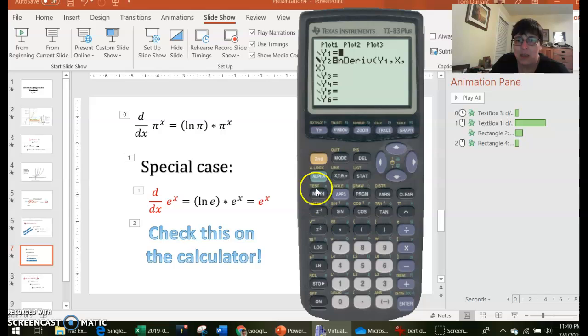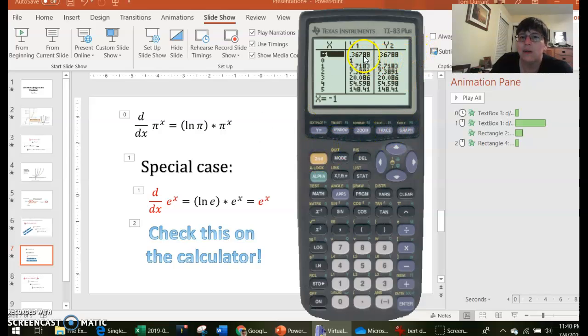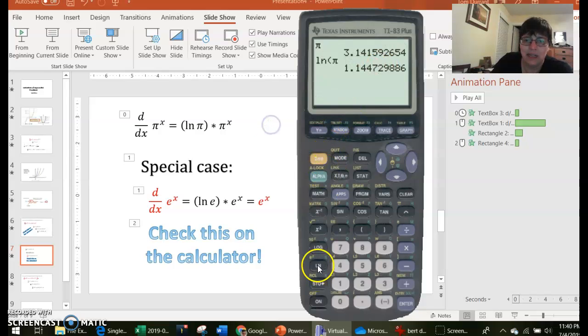So let me clear this. E to the x is right here above the natural log button because they are inverses. I'll just say e to the x. So zoom 4. So there's e to the x. You notice how it goes through 0. And then here we come with the derivative, and sure enough, it's tracing really close to the line. If we look at the table, you notice we've got the same numbers. In fact, e,